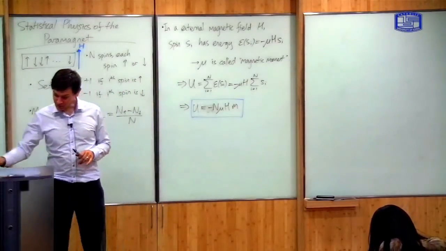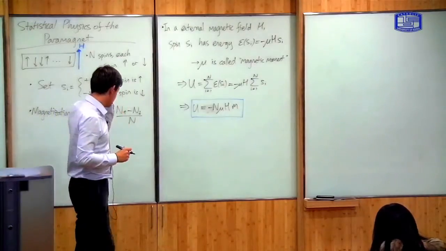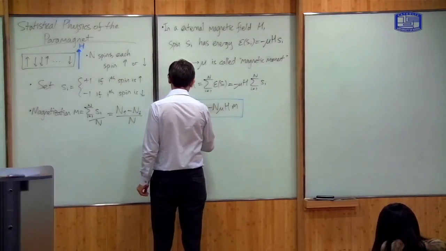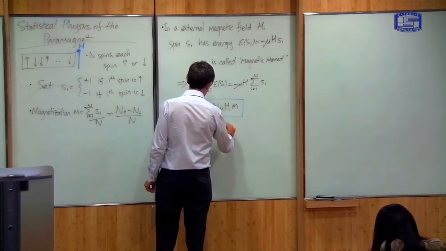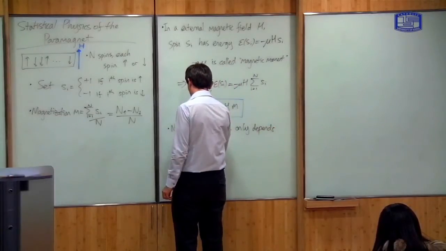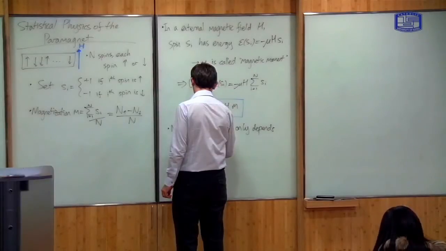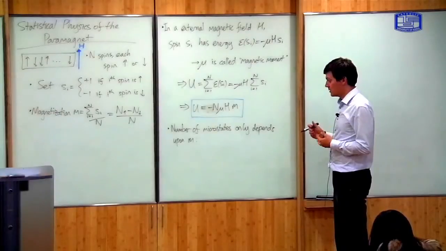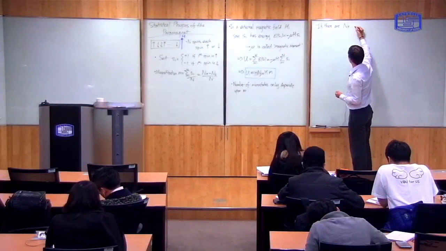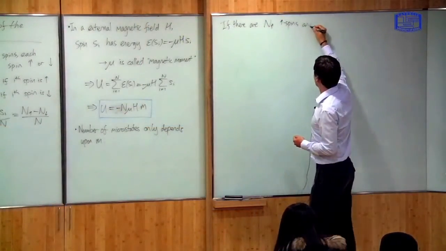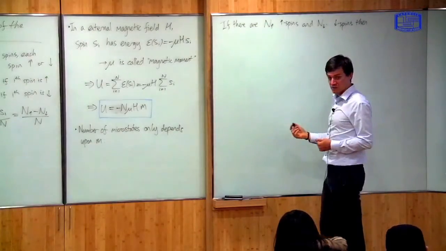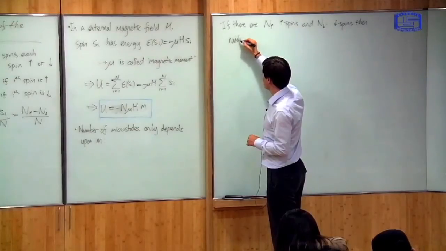Okay. Next, we need to connect the magnetization to the number of microstates. Okay. And the number of microstates only depends upon M. And in particular, if there are N up spins and N down spins, then the number of ways of arranging them, which is the number of microstates,